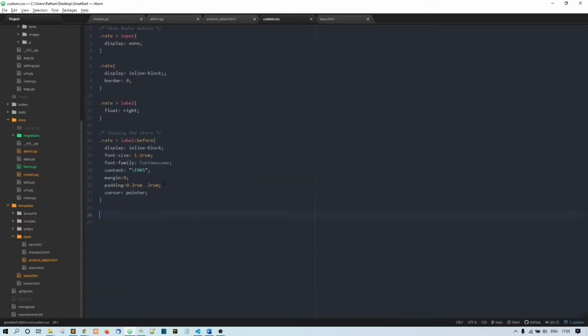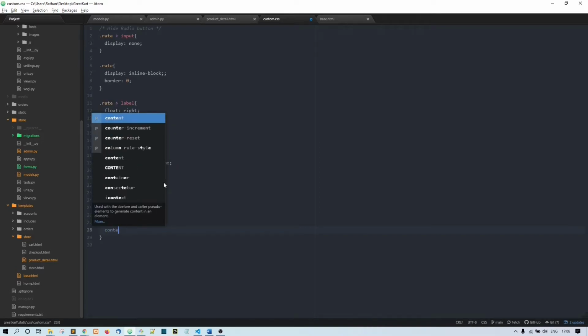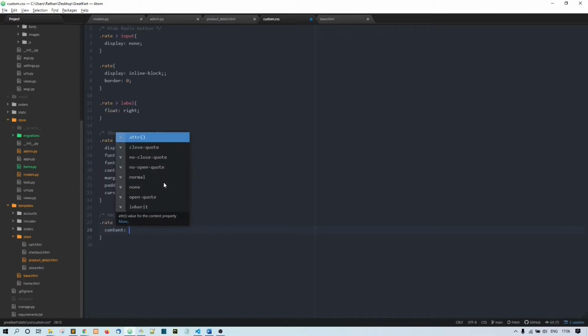Now let's give a CSS to this half class. Half star. So I'll say rate dot half colon before. For the half star content, it is a different content.